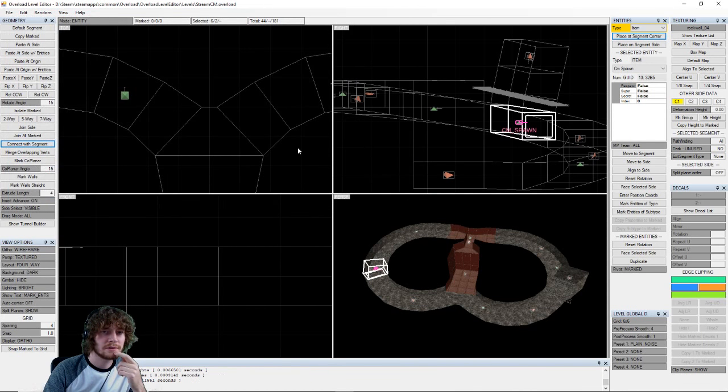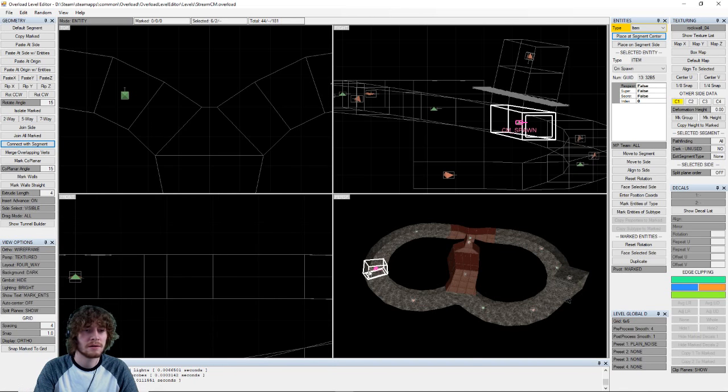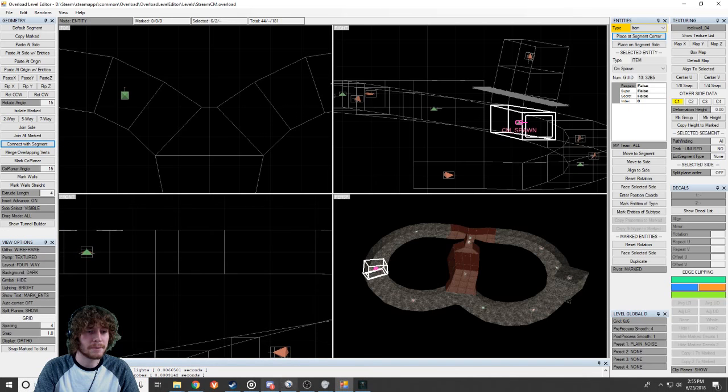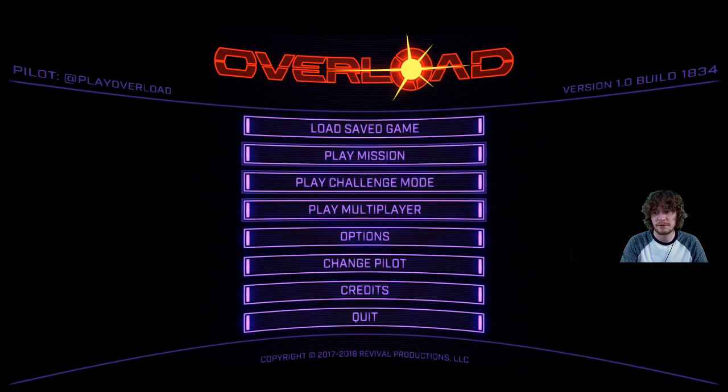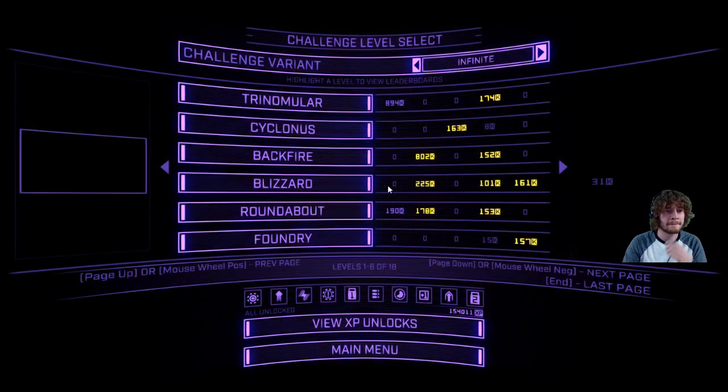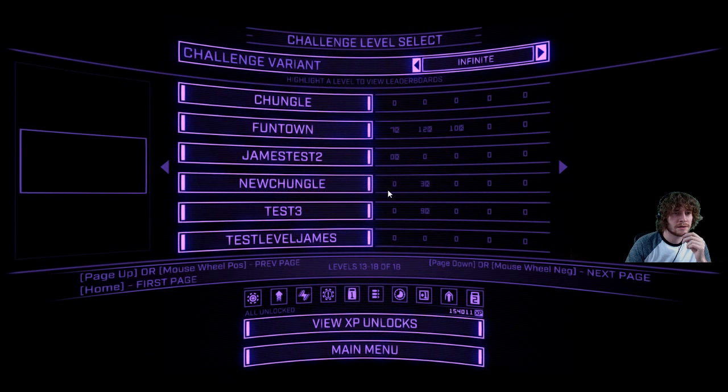Yes, I want to replace it. If you do rename it, remember that you might have to export or change what it says in that CM data. But let's hop into game. I can throw this to in-game right now. And what did I call it? I called it...